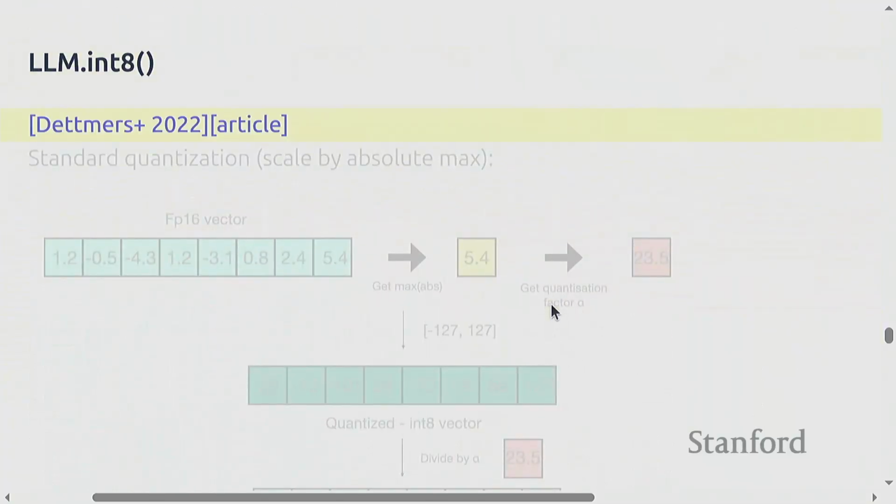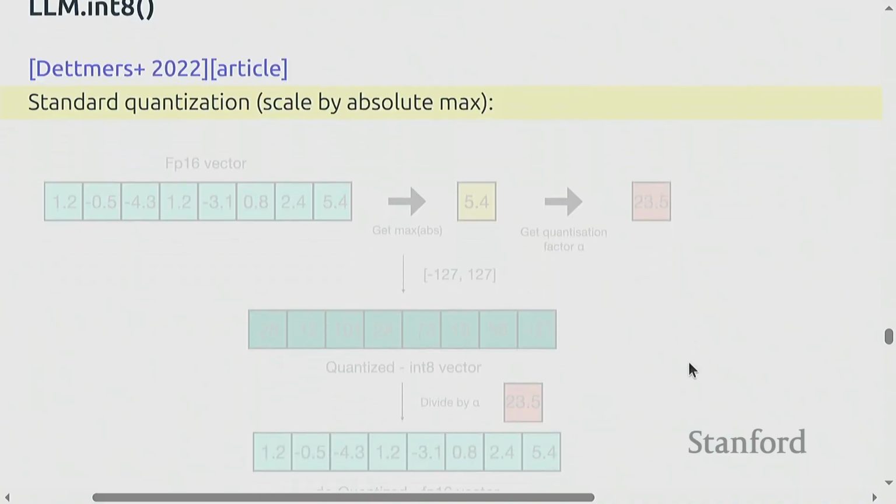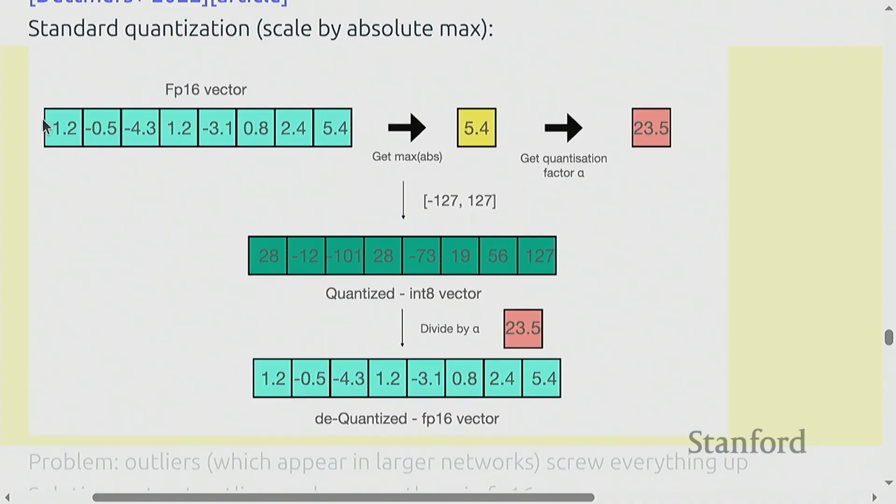There's a paper called LLM.int8(), which I'll talk through briefly. In quantization, basically what happens is that you take your vector, which is, let's say, FP16, and then you need to figure out the dynamic range. If you want to pack it into int8, you need to figure out what the largest value is, and once you figure that out, you can divide by that and multiply by 128, and then you get your integers. And then if you need to dequantize, you go the other way.